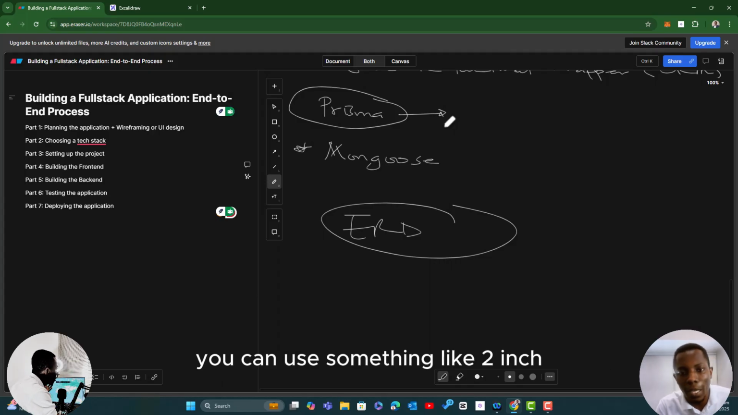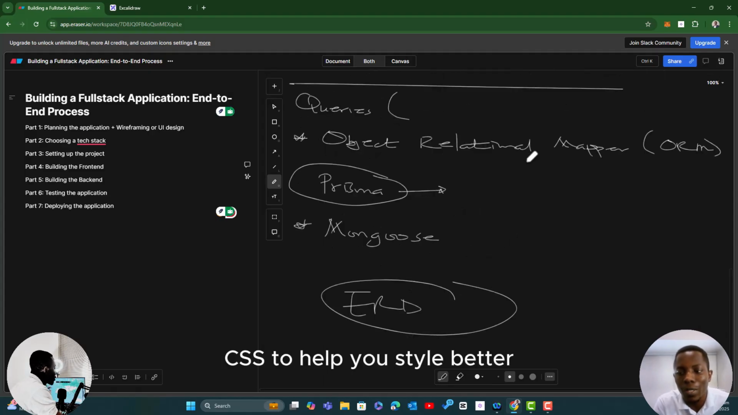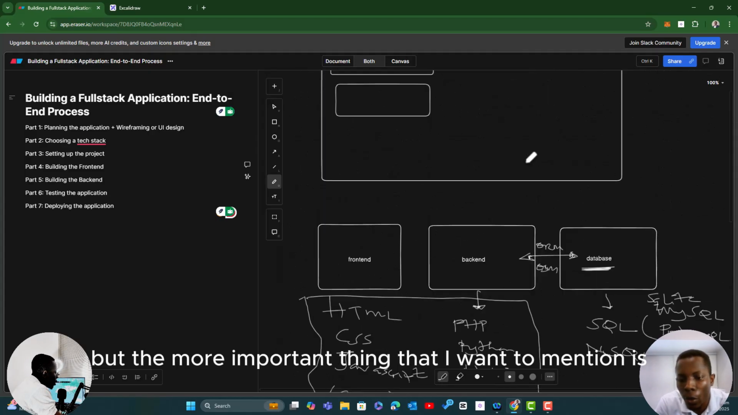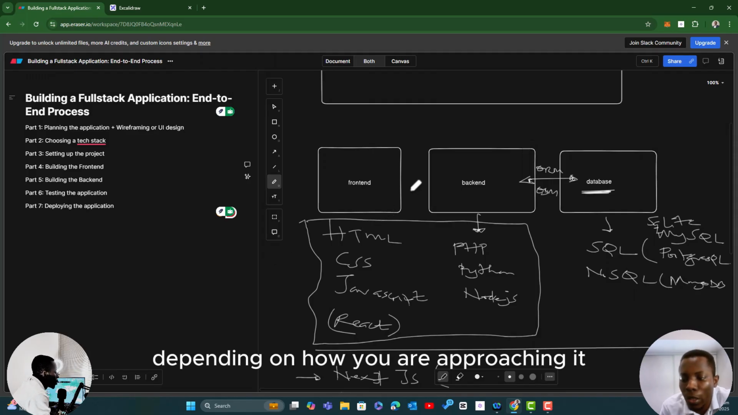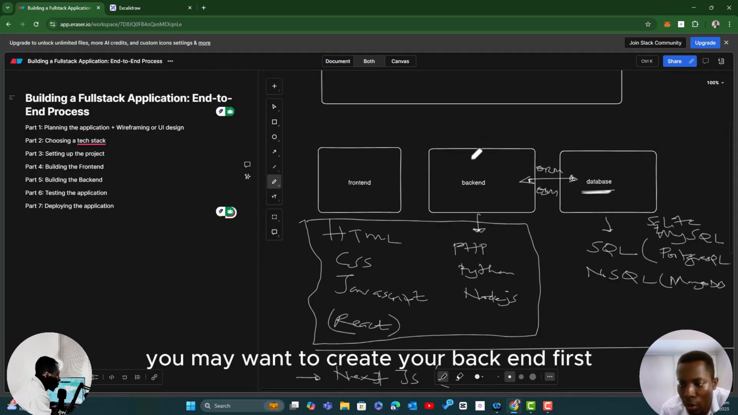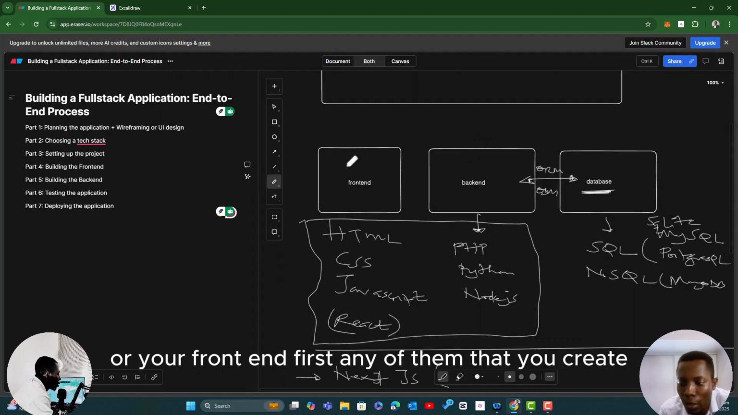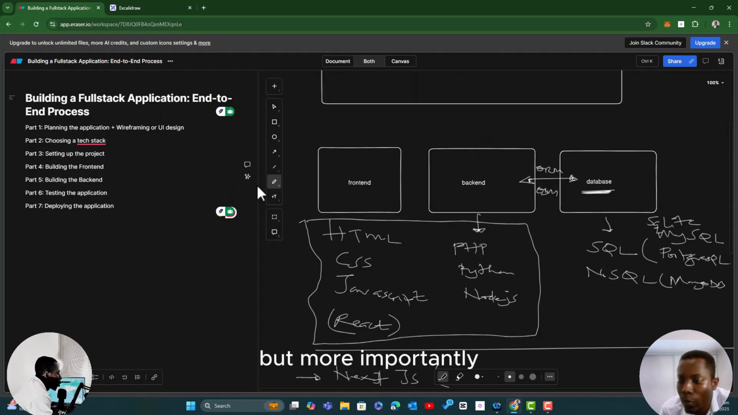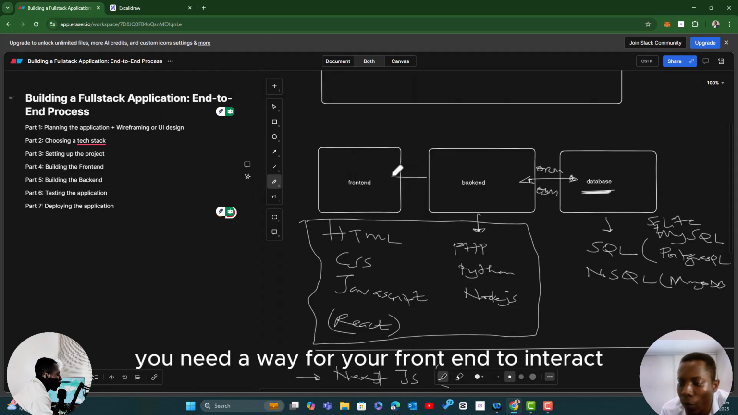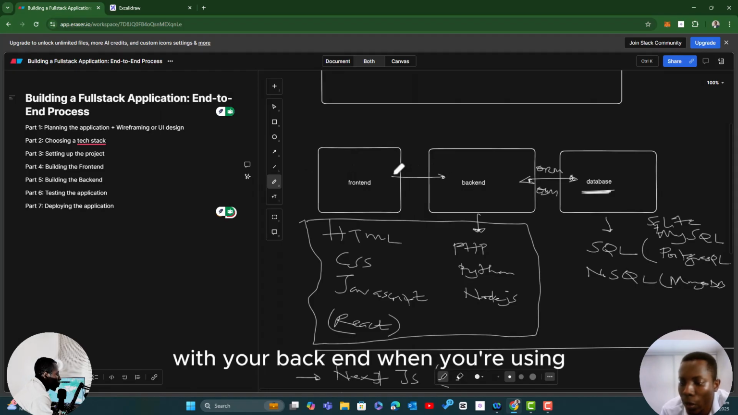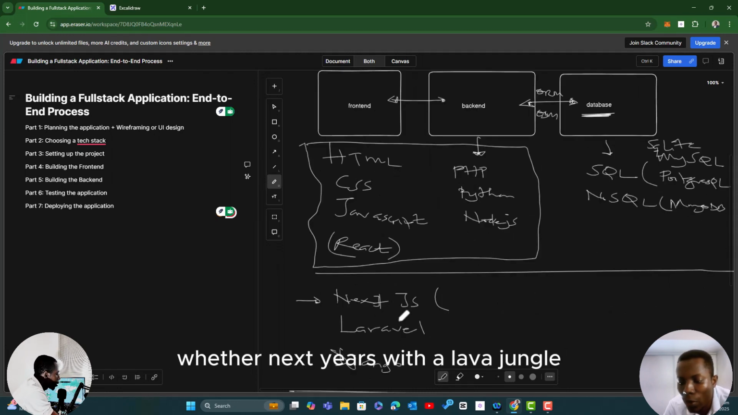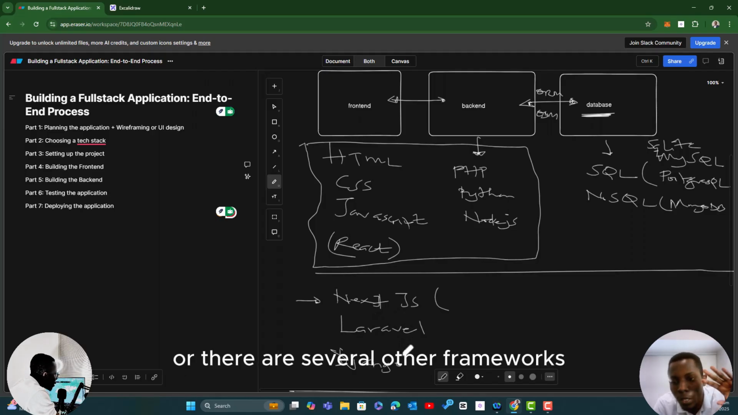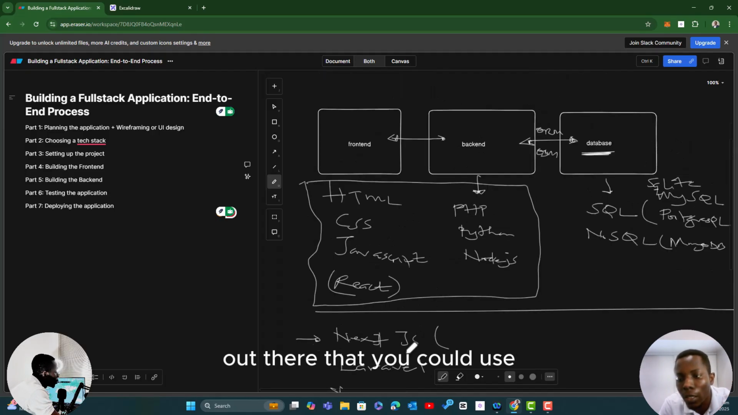You can use something like Tailwind CSS to help you style better. But the more important thing that I want to mention is, depending on how you're approaching it, you may want to create your backend first or your front end first, any of them that you create. But more importantly, you need a way for your front end to interact with your back end. When you're using any of the frameworks that I talked about, whether Node.js, Laravel, Django, or several other frameworks out there that you could use,